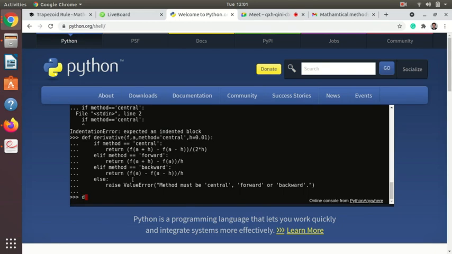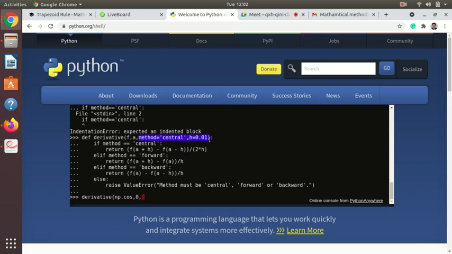Let's find out the derivative, in the round bracket, of the cos function. So np.cos. Now you don't need to write x, y, z, whatever; just np.cos will work. Now we have to define a, the point at which we have to find the derivative. So let's find it at x equal to 0. What is the derivative of cos? That is minus sine. So minus sine 0 will give you 0, because sine 0 is 0. But still we will see what is going to happen. I will copy just this.